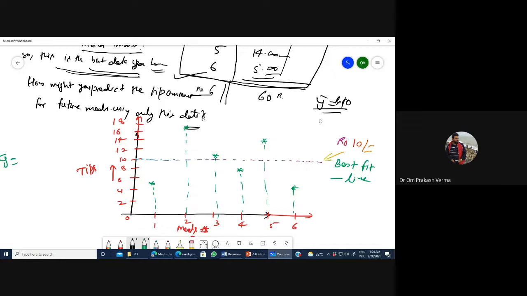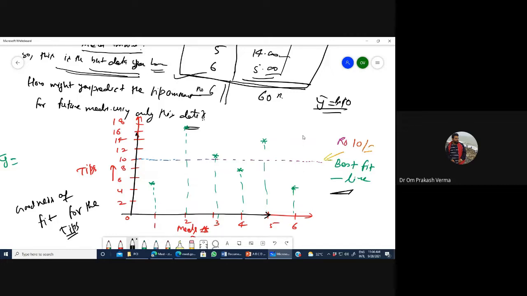Okay, now the next part is the goodness of fit for the tips. To find out the goodness of fit, the fitted value is 10 rupees, nothing else.